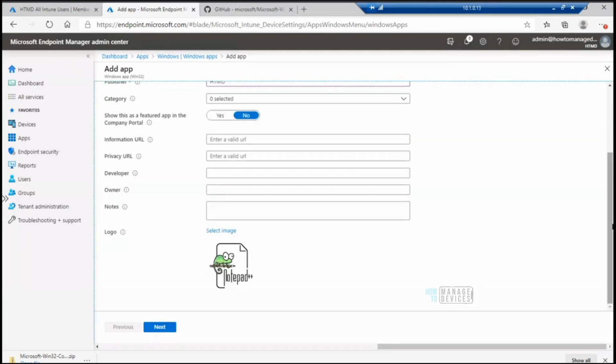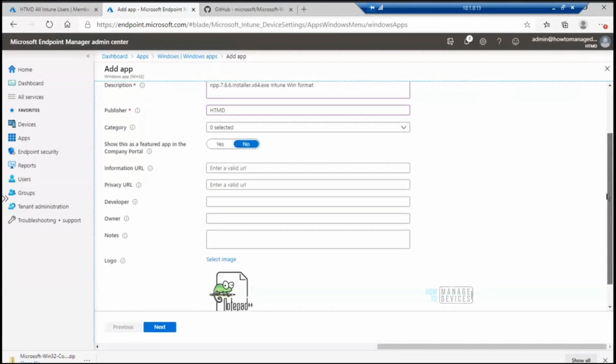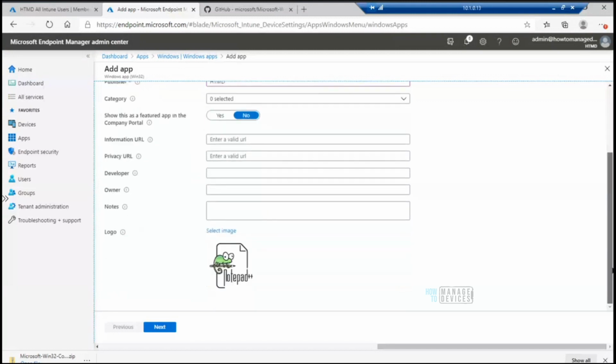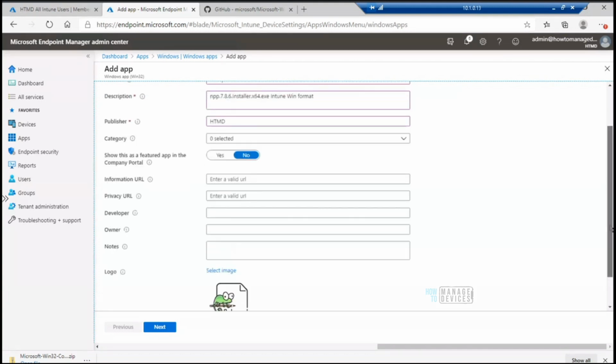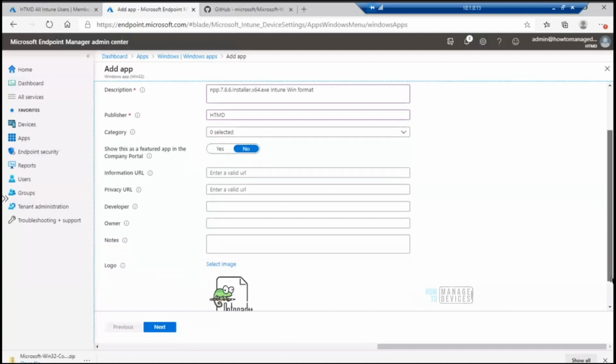Now you see, a lot of new options will come up for Intune Win32. To give some perspective, this is similar to the SCCM application model. If you ask me, probably Microsoft reused some of the code from the SCCM application model to build the Intune Win32 format.